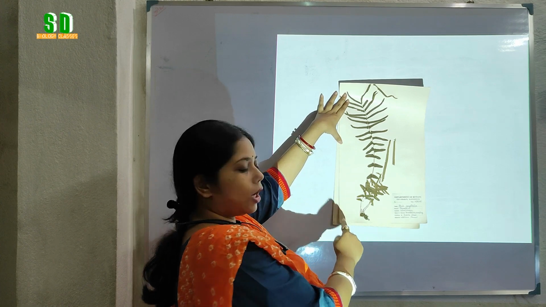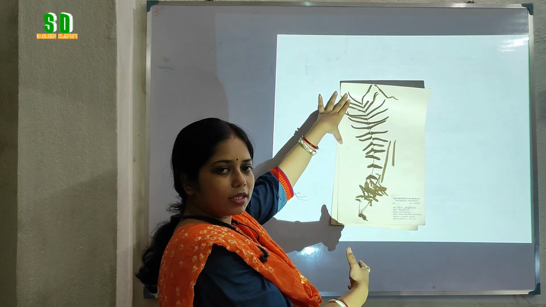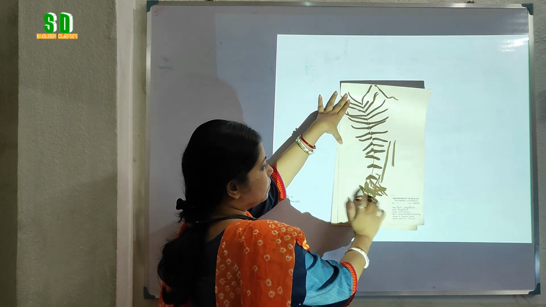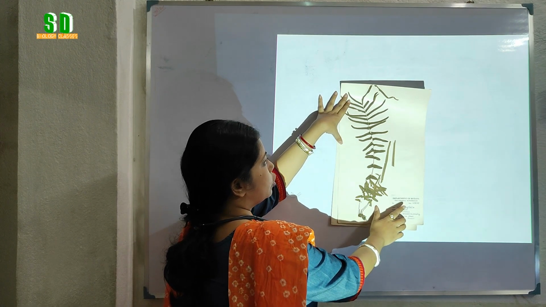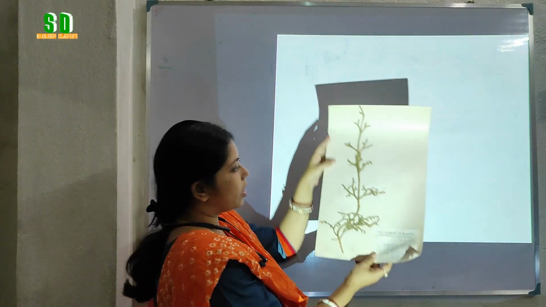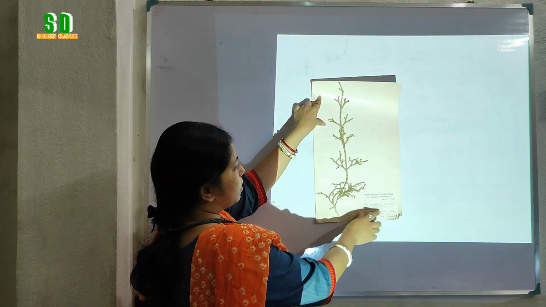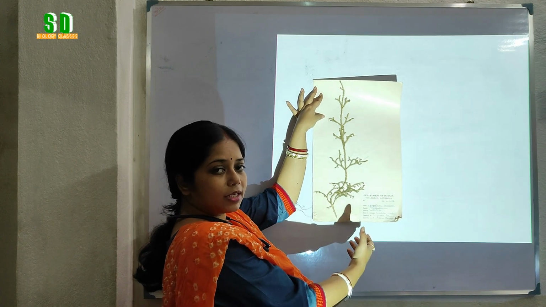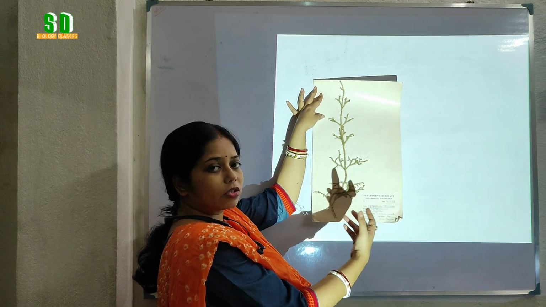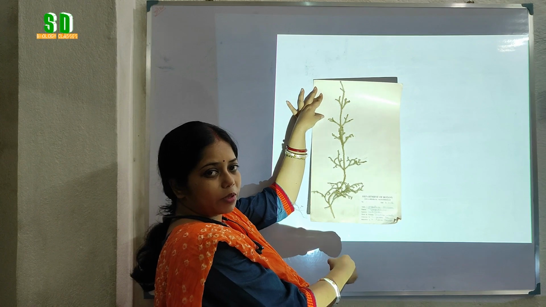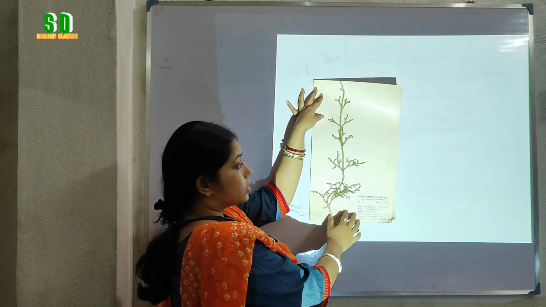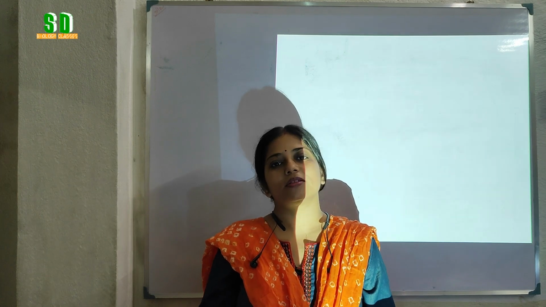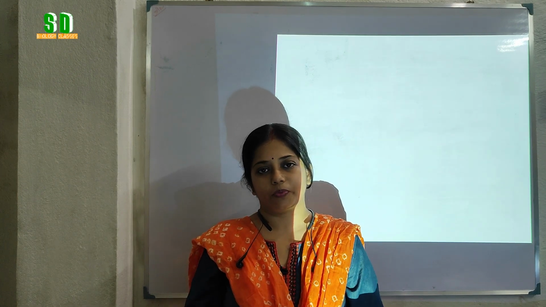This is also another type of plant that you can see near moist shady places, and scientifically it is called Pteris longifolia. Here we have another plant, but it is quite different from the plants that we can see, like the mango plant or other angiosperms. Have you seen this type of plant around you? Yes, you have seen this type of plant around you.